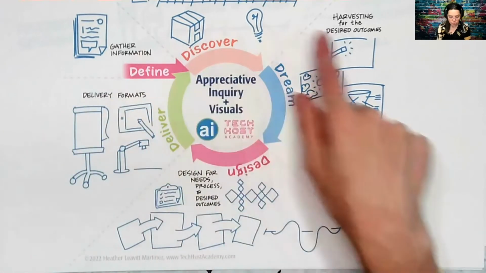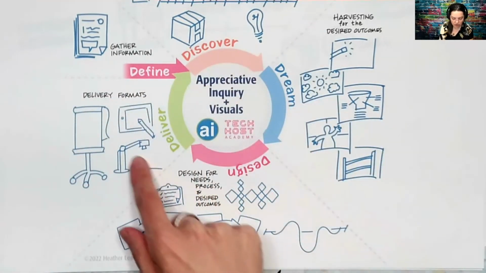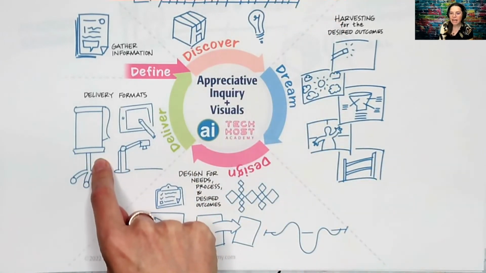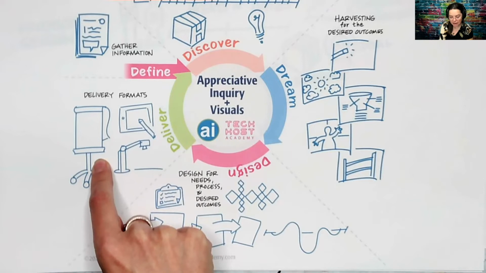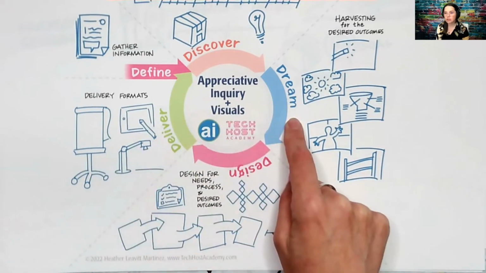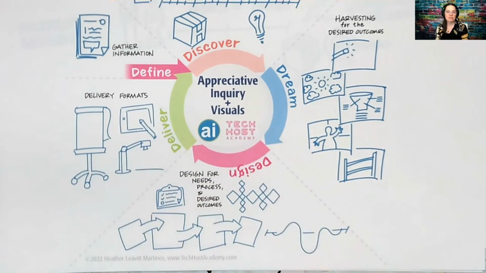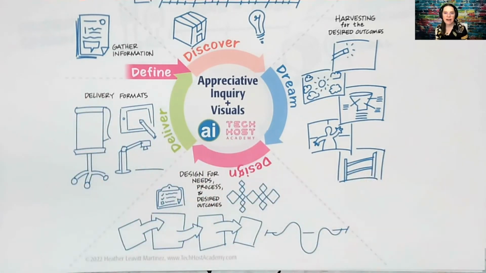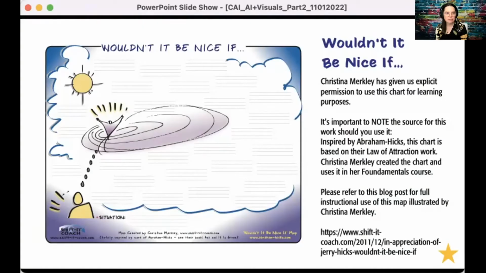So this cycle truly is a cycle in that we're doing all of these things to get to that delivery stage. And to me, I feel like it goes back to one of the most important steps, which is the dream. This is where we want to get to those desired outcomes because everything else is going to fall under that. So let me share with you some of these visuals that I like to use, and then we'll experience the very last one so that you can have hands-on experience. Some of these are